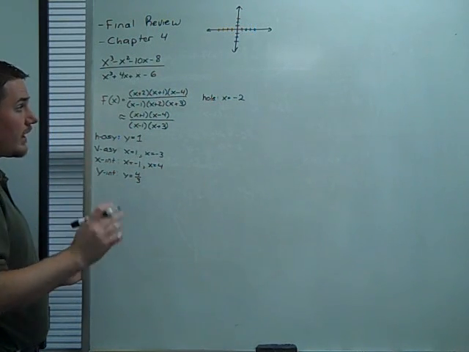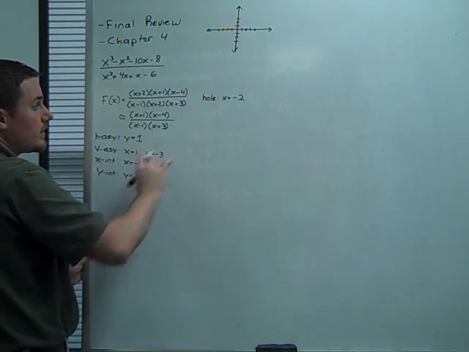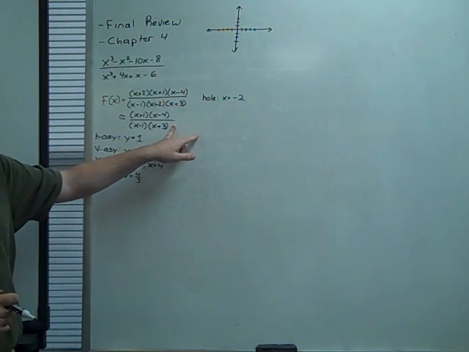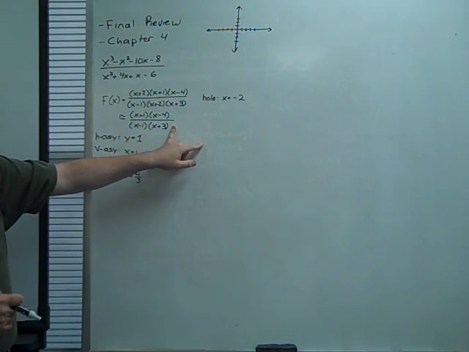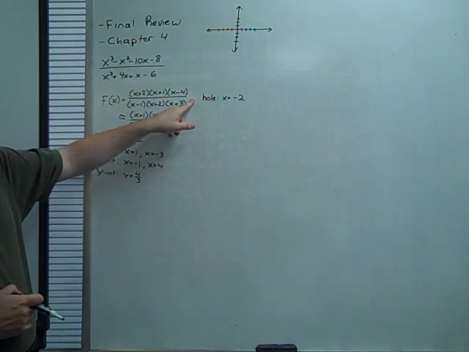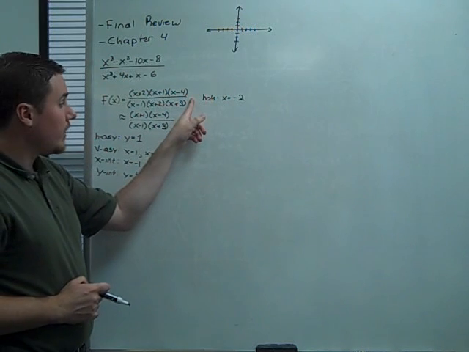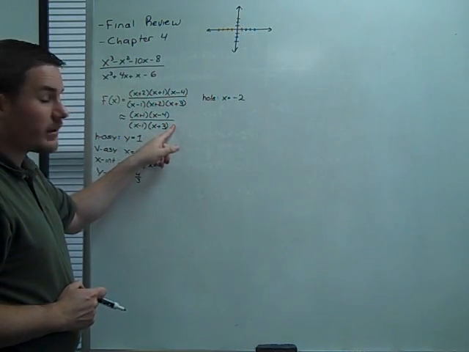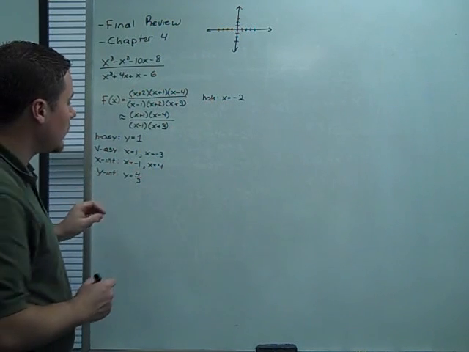Alright, one last thing on this whole business. We need to plug the x value of the hole into the reduced version of the function. Remember that this function is equal to this function for all values except at the hole. The domain of these two functions is not the same. Think of this as the one that builds the bridge over the hole. So,